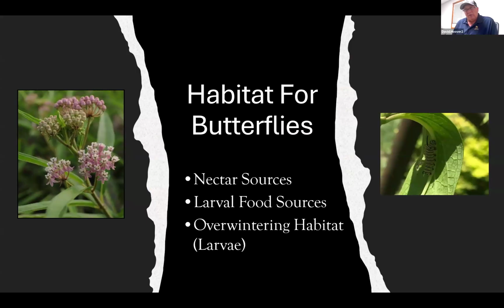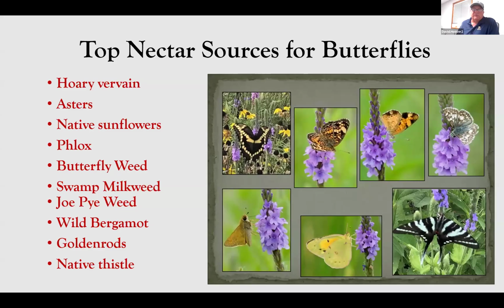So honeybees, they make their own habitat. I mean, they have the honeycombs and they provide the honey for the developing larvae. And same with the native bees. The one thing that's different, really, with the butterflies is they have this larval food source that the larvae are on their own. They got to fend for themselves. And so, I'll give you an example, but first we'll talk about some top nectar sources for